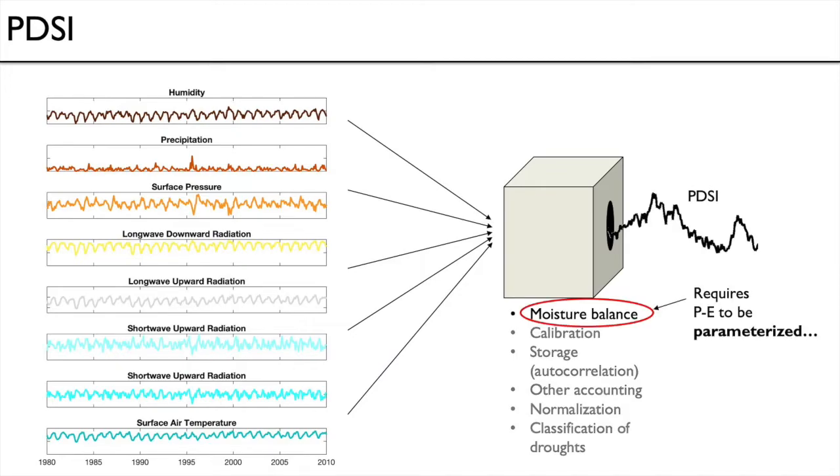Using that P minus E balance and the equation I showed before, you estimate soil moisture balance, update the soil moisture, compute the initial values of the index in a first pass, and then you go back through once you've computed soil moisture balance and the P minus E for each month. You go back and reassign values based on whether droughts have been unfolding or incipient or persistent. And so the final index tells you more about the state of the system in a hybrid quantitative and qualitative sense.